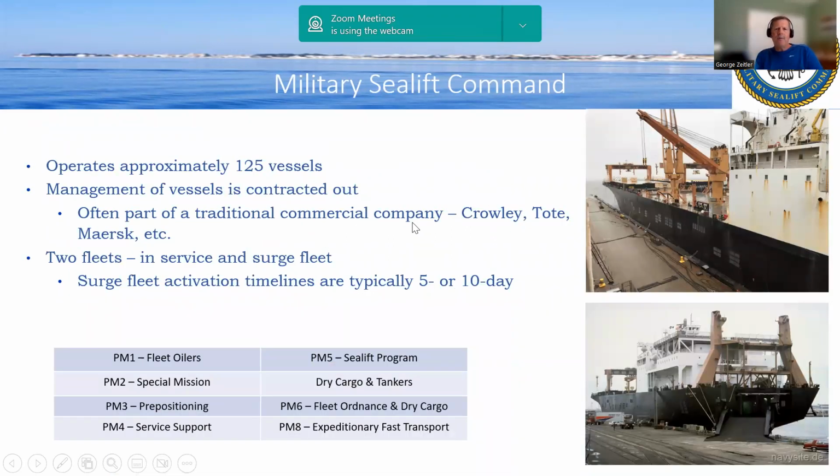There's roughly 125 vessels. All of them are late 70s, early 80s vintage, primarily. Management of these are contracted out approximately every 3 to 5 years. The government, MARAD, comes out with a request for proposal, and various ship management companies can bid on maintaining these